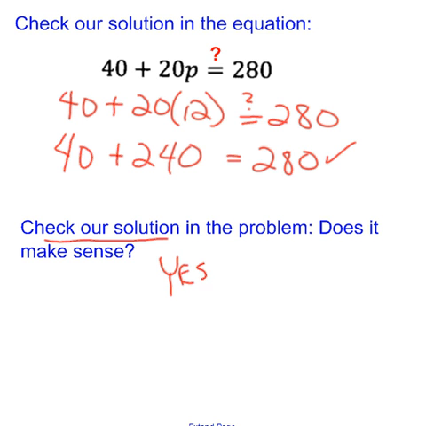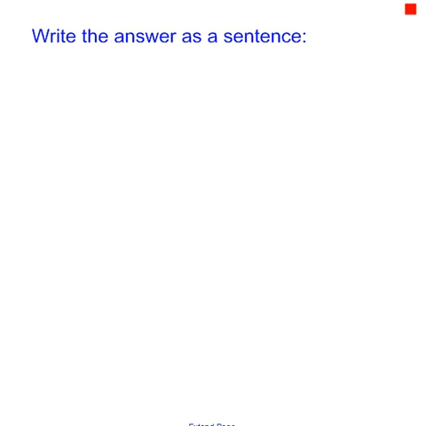Again, that doesn't mean for sure that we're right. It just means we have some reason to believe that we are. And then write the answer as a sentence. That's there, remember, to remind you to know what it is you just solved for, so that you can do that kind of mental check to see if this seems right. So we said on the original thing that P was the number of pencils per box. So we're going to say there are 12 pencils